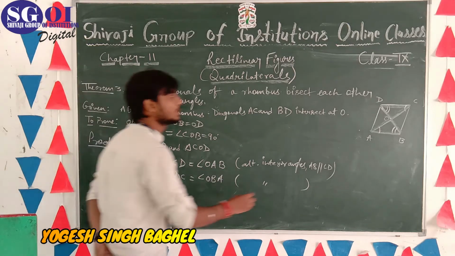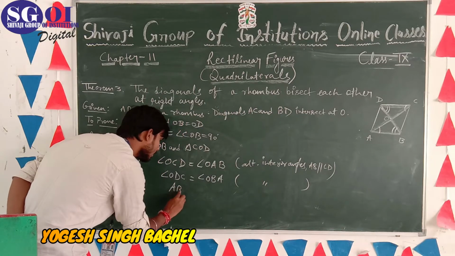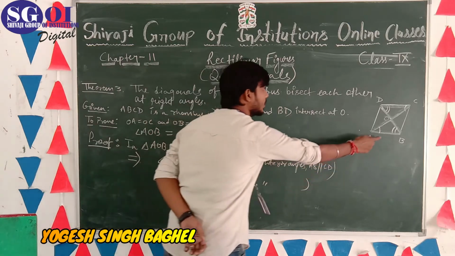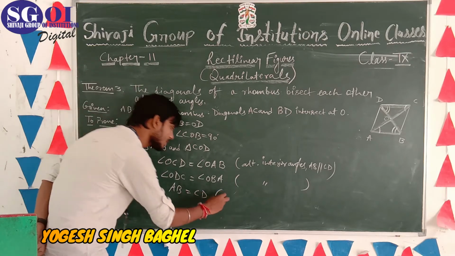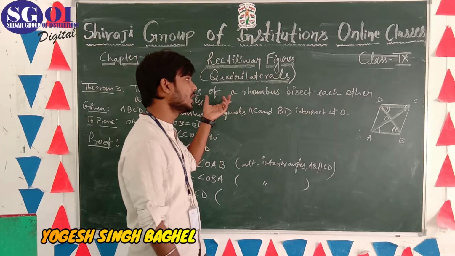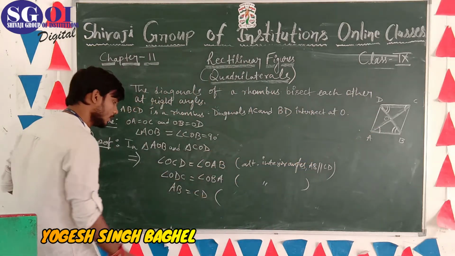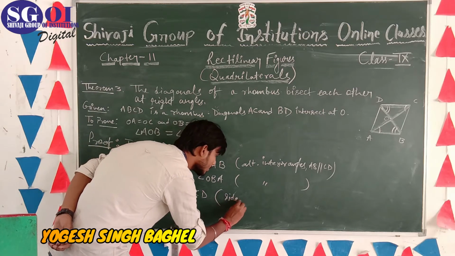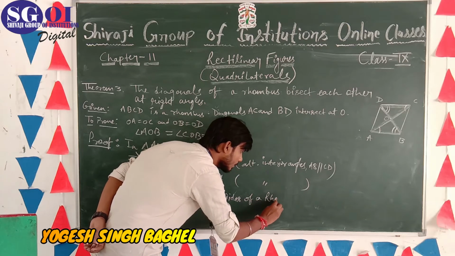Now the third point is AB is equal to CD, because AB is equal to CD क्यों होगा? क्योंकि ये क्या है, पैरेललोग्राम, और पैरेललोग्राम में ऑपोजिट साइड्स कैसे होती हैं? इक्वल। ये कह लीजिए कि ये रोम्बस की क्वेश्चन में गिवन नहीं है कि ये रोम्बस है, और रोम्बस में तो वैसे भी ऑल साइड्स क्या होती हैं? इक्वल होती हैं। So AB is equal to CD, sides of a rhombus.